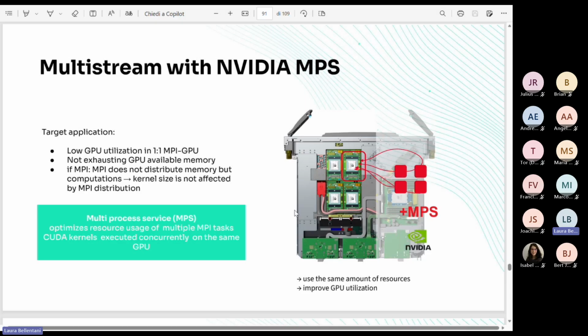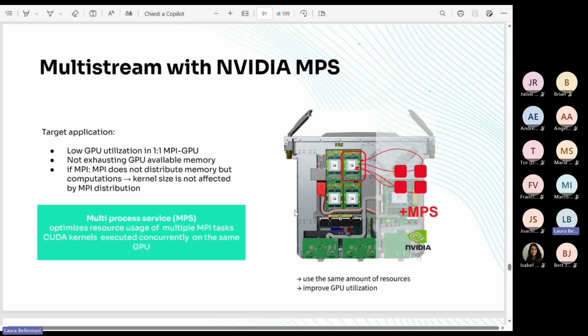So in this case, we tested the efficiency of launching more than one MPI task on the same GPU, thus reducing the total number of nodes, together with activating Multi-Process Service.